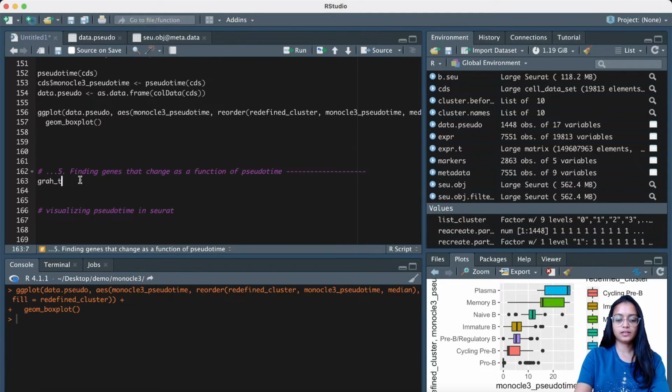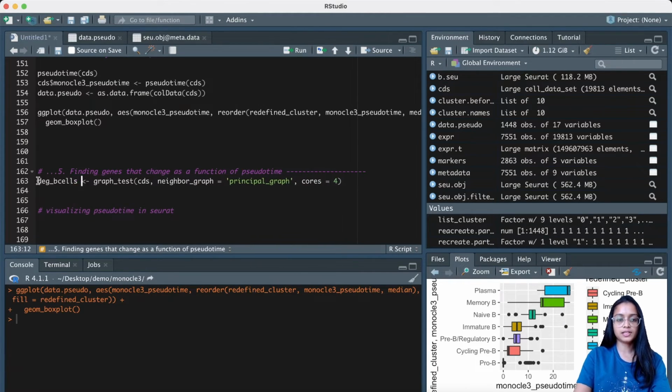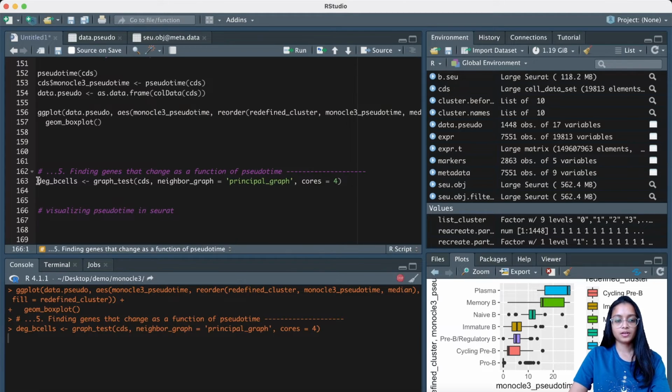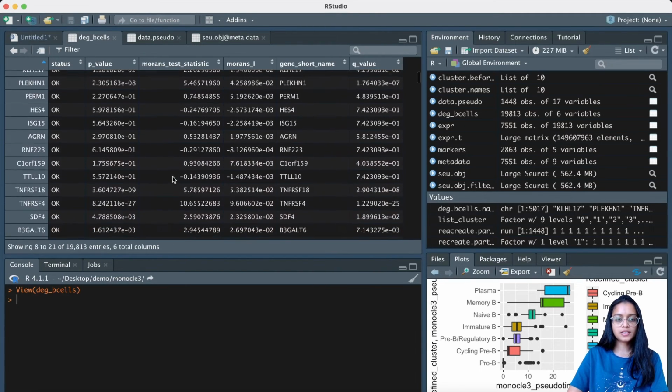So let's run the graph test function. The first parameter is the cell dataset object. For the neighbor graph, we provide the principal graph, and we provide 4 cores. This is exactly the way that they have provided it in their tutorial, so I'm just following the exact command, and the output will be differentially expressed genes for B cells. Let's run this. Once this is finished running, let's take a look at the output data frame, and here you can see that